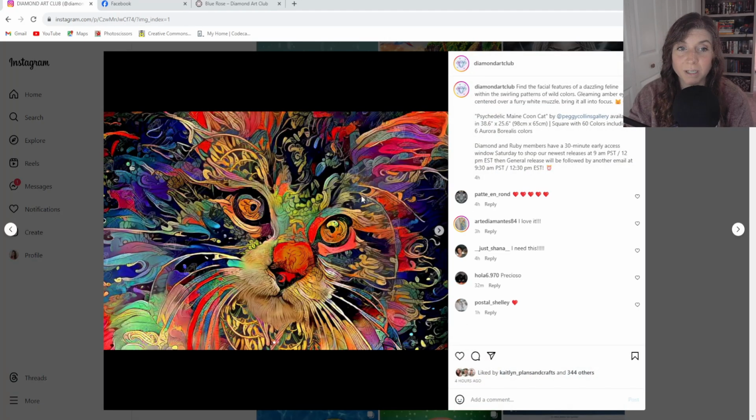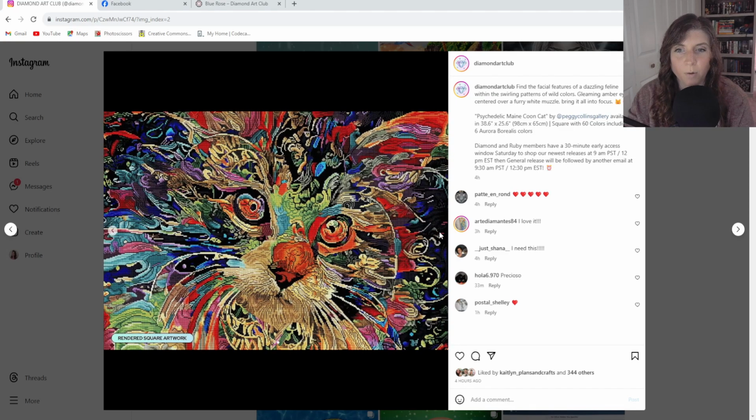Okay, speaking of Peggy Collins, we get a kitty too. This is Psychedelic Maine Coon Cat by Peggy Collins. It is 38.6 by 25.6 inches or 98 by 65 centimeters. Another big one. It is square drill. It has 60 colors with 6 ABs. That's a lot of ABs. Okay, and then there is the rendering again with the confetti. Again, that is going to be a lot. And this is a very different color vibe than what we typically...